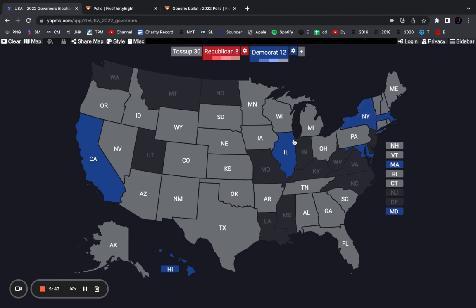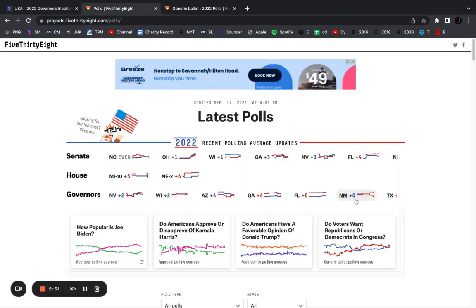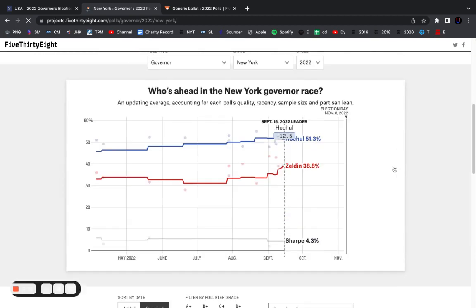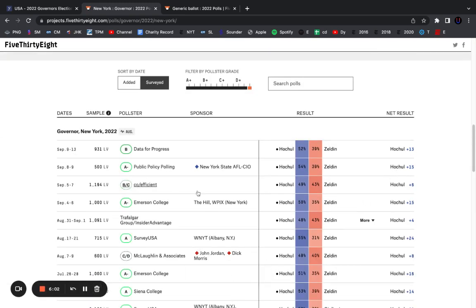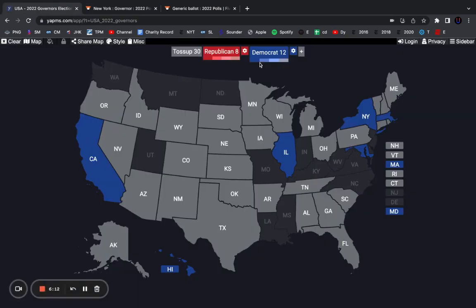And then New York also. The polls in New York have been kind of close. If you look at these governor polls, there have been a few polls that have randomly been close. It's mostly because Trafalgar and Coefficient, which are both Republican polls, have had it weirdly close. But Trafalgar, as we know, literally thinks that Vermont will be a 7-point race and that Washington is a toss-up, so don't put too much stock into it. Hochul is probably going to run ahead of her polls by a fairly good amount.